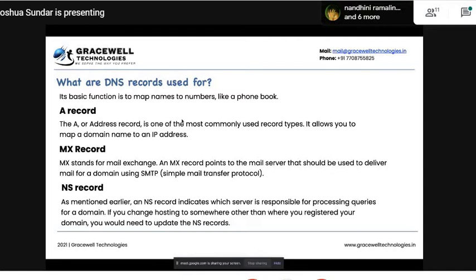MX record is actually for mail purposes. When you are using Google Mail or any other mail service like Zoho Mail, they give you records to use with your domain. Or if you want to create your own email, something like